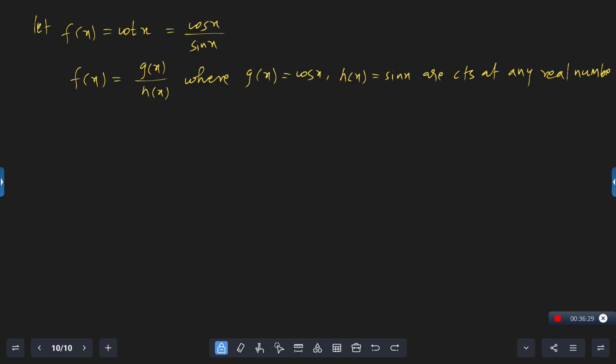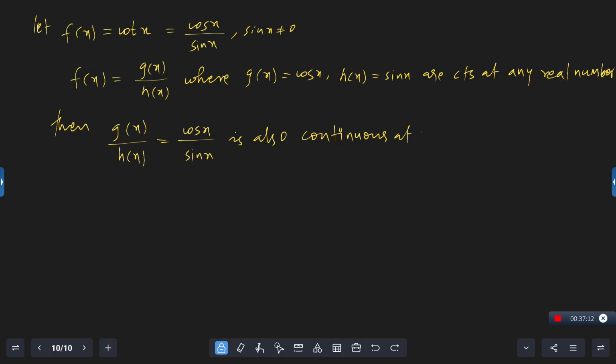Separately they are continuous. Then g of x divided by h of x, cos x by sin x, is also continuous at any real number,